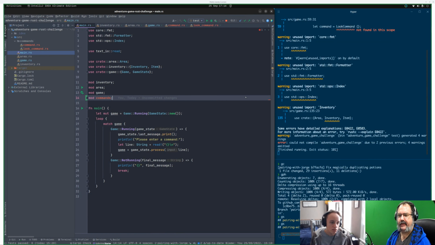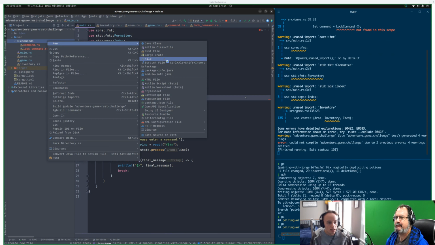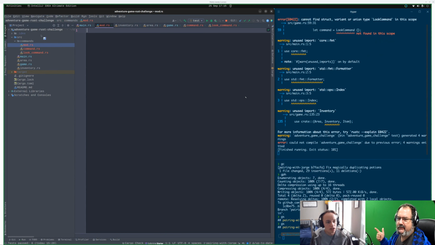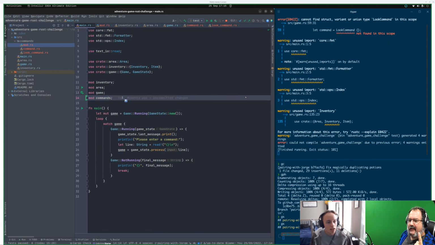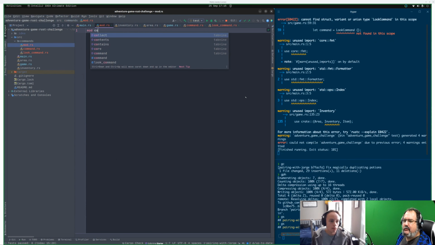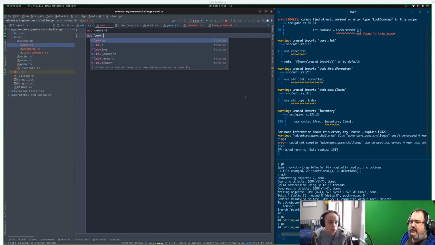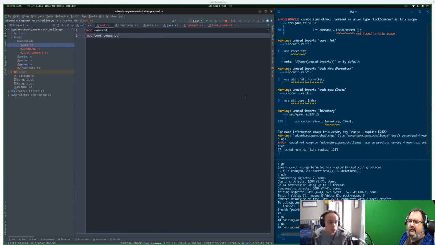Oh no! That's because it's expecting the format of the folder to be very specific. Yeah, you have to expose what you want from a folder, and you have to expose it to a lib file or a mod file. A mod file, yes. Something like that, right? Yeah. Here we go. And now you have to mod command. I think it is. I'm not completely sure right now.